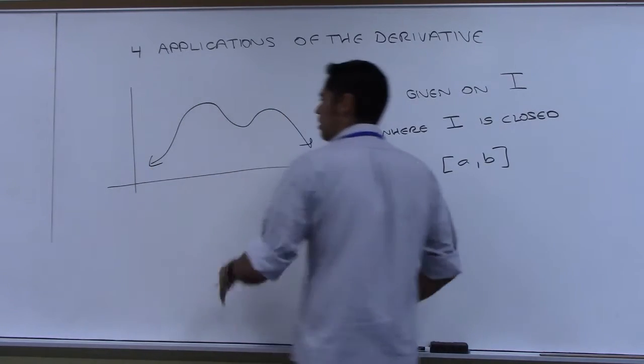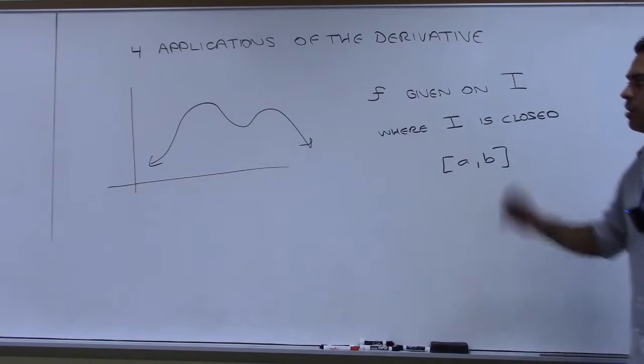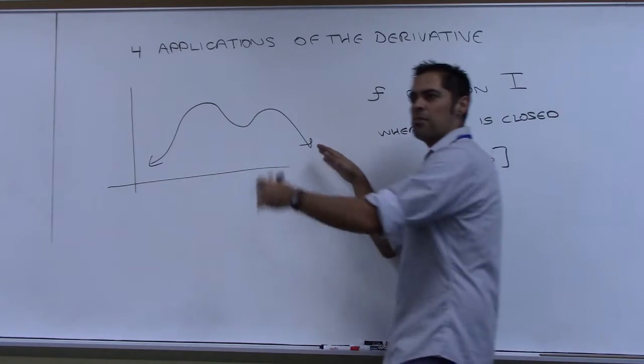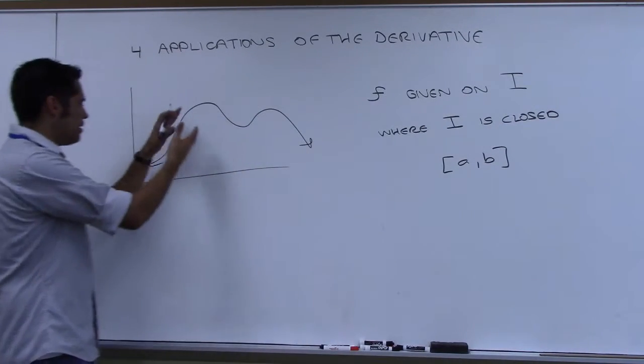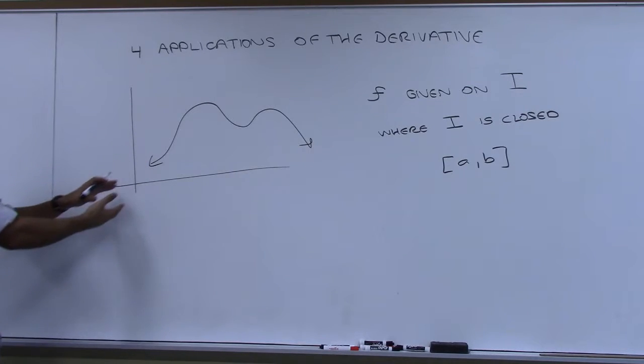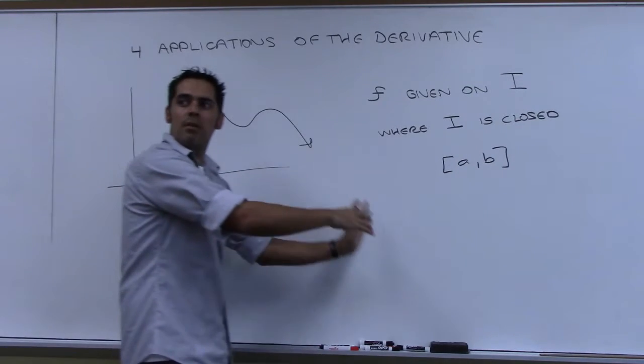I'll just draw it like this. It could do so many different things. That's the way I'm going to draw it. The arrows at the ends just represent that the function continues with that pattern. This would mean it's just going down here forever, and then over here it's going to go down forever, right?